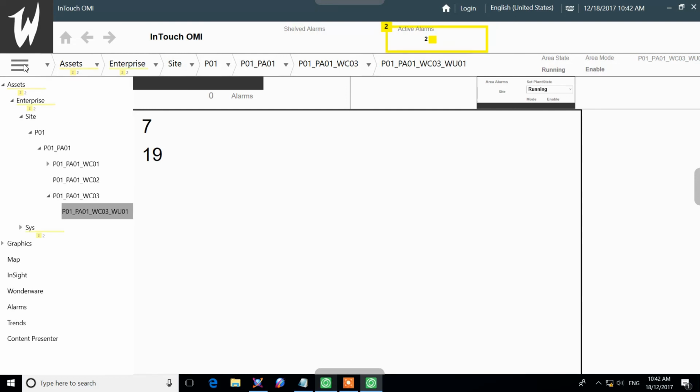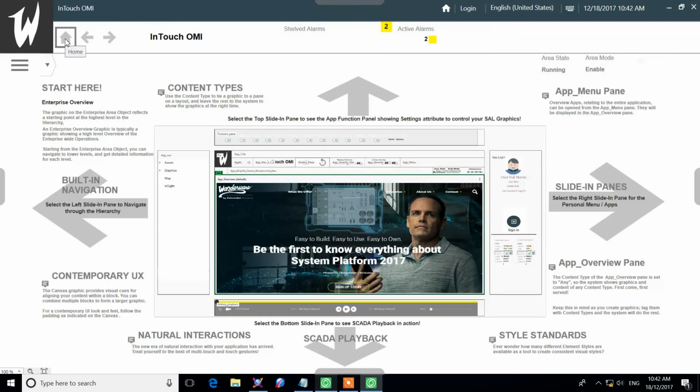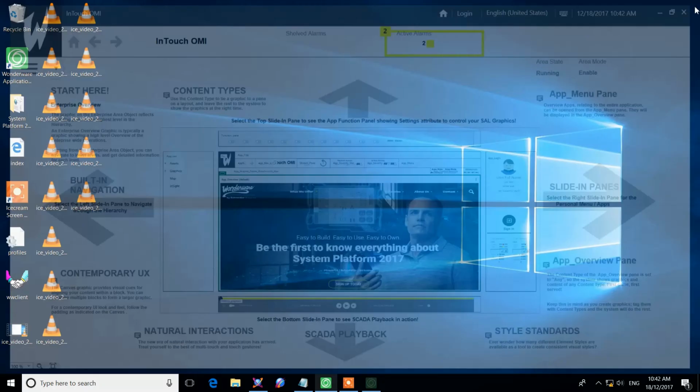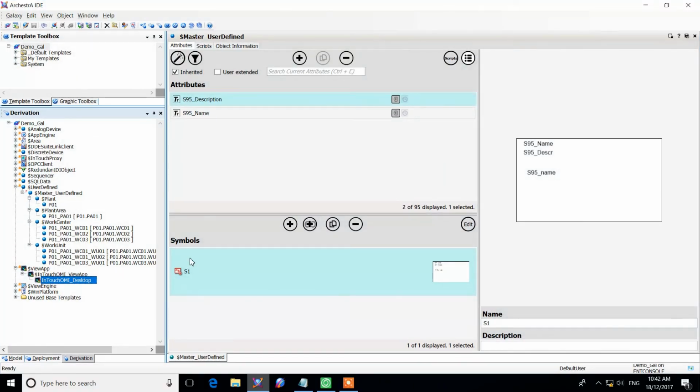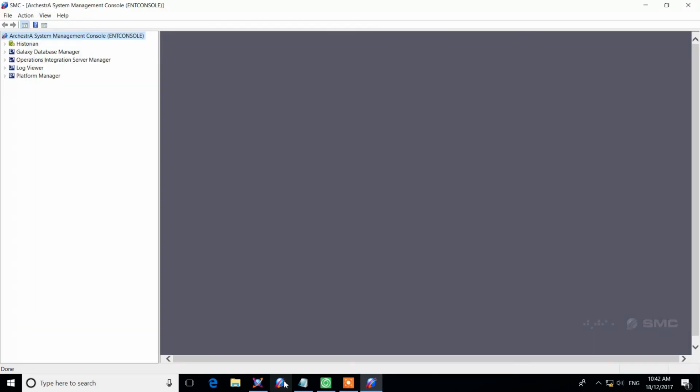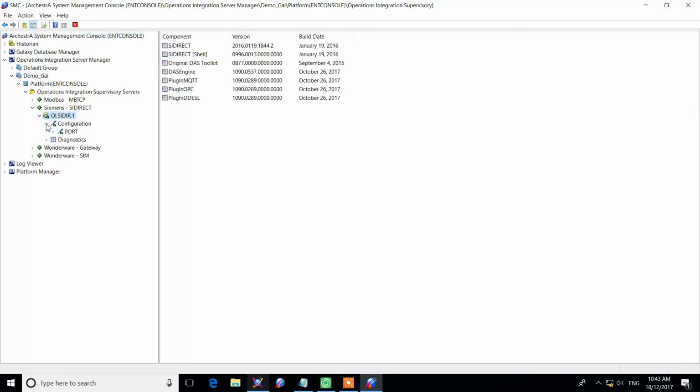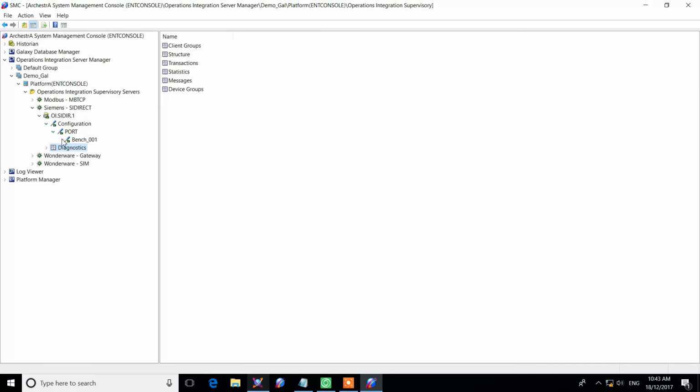Okay, well I hope that gives you a few ideas about how the OMI application could be very useful in development of your interface, but primarily that was supposed to be an introduction into how System Platform can be used to go from the definition of a DDE SuiteLink object that talks directly to your physical hardware, in this case a Siemens 1500 series PLC, through the operation integration suite and this particular driver topic port configuration,